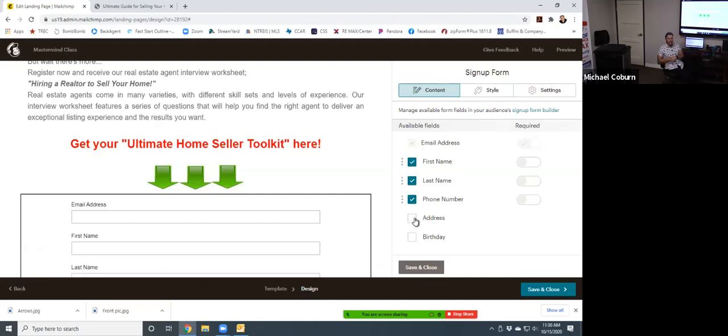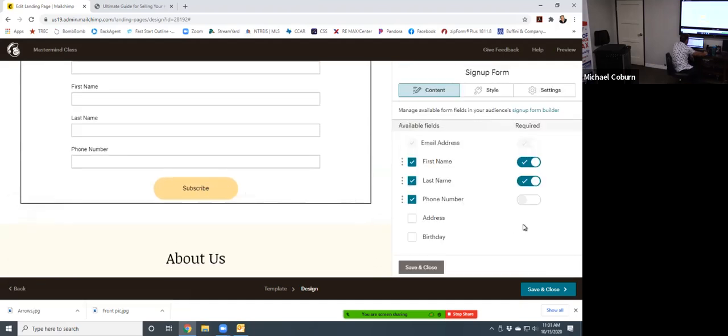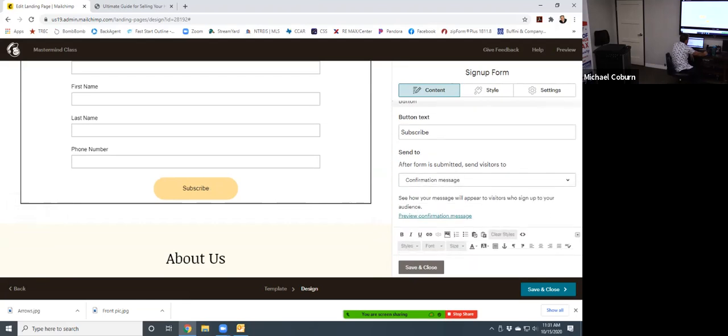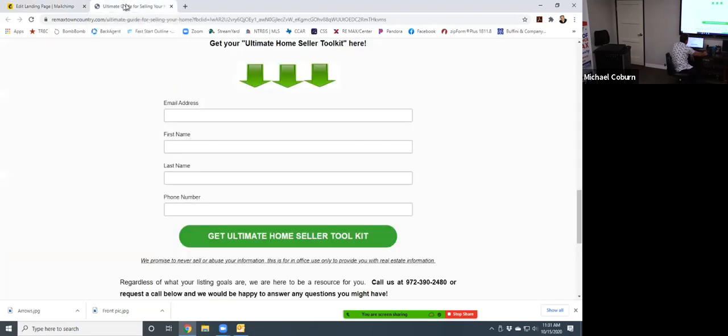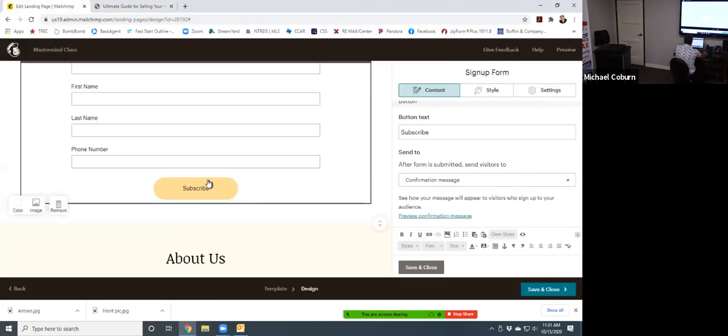Now, I want to make some of these things required. I'm not going to require a phone number, but I am going to require their name and email address. And I would just do this, required, required. Now I say save and close. And see the subscribe button? If I keep coming down to the bottom here where it says subscribe, I can highlight this. Or I guess I can't copy that. So I'm going to click on there and say, get